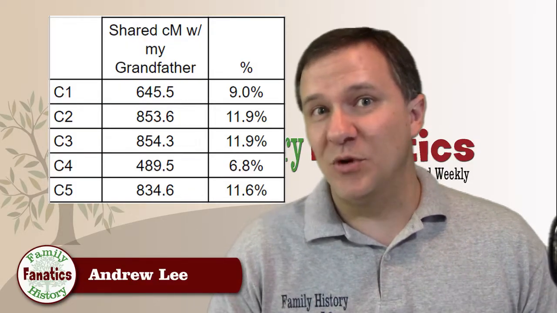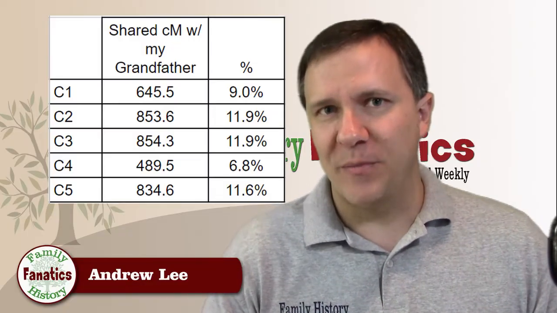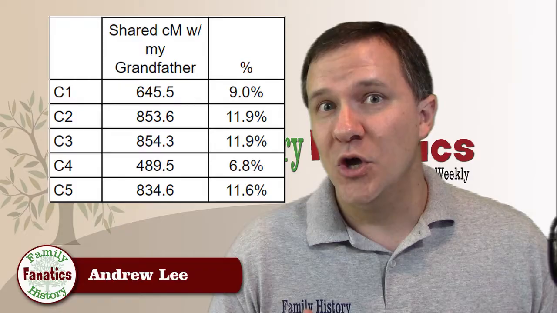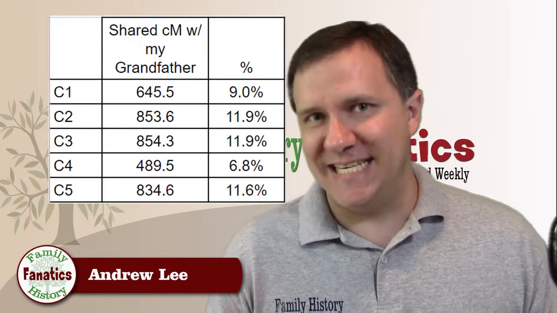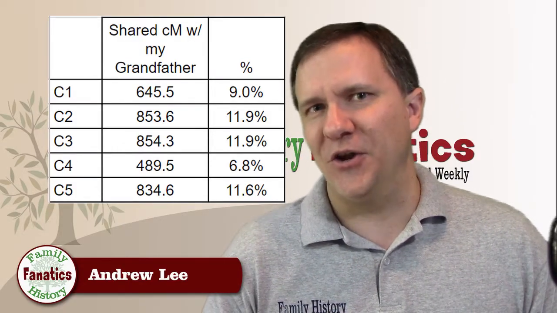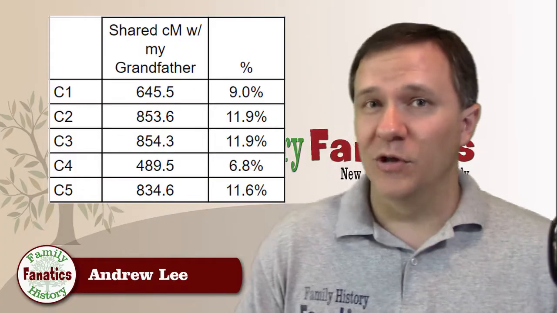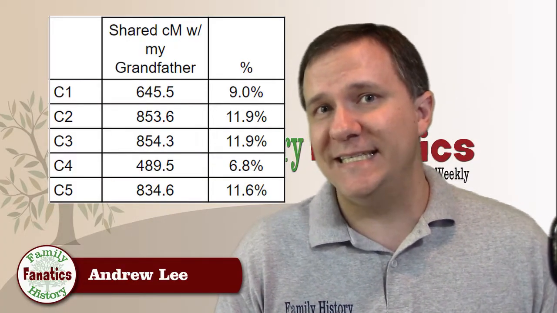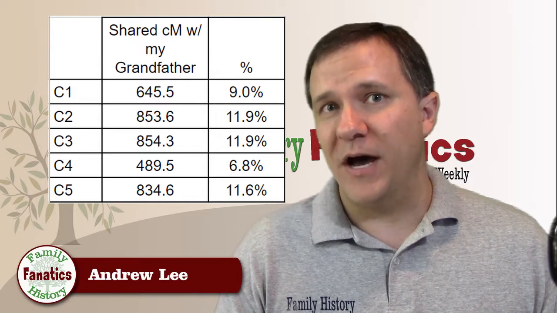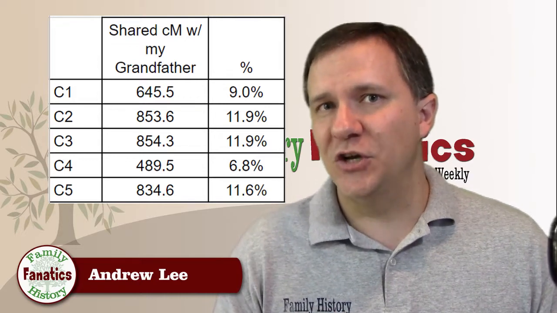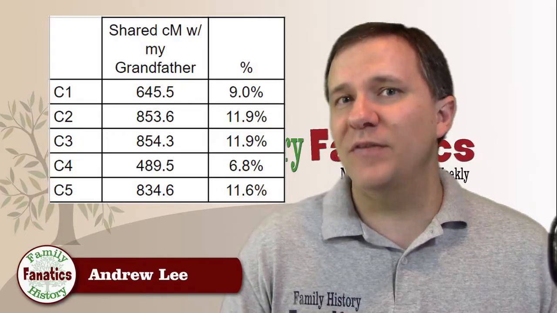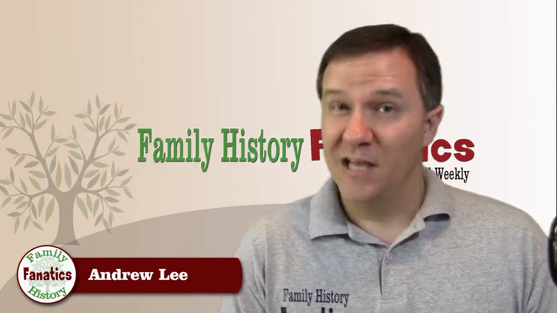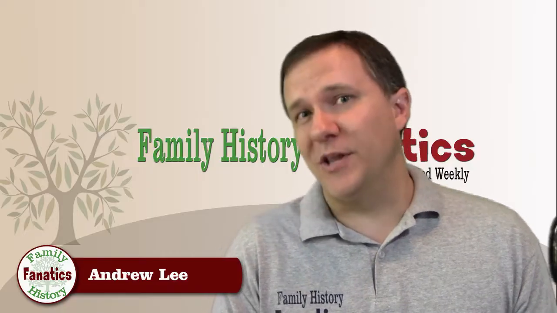It's very possible that 2 to 3 generations from now, there may be some descendants of my 4th child who don't share any DNA with my grandfather. Also of note when you're looking at this, even though I shared 25% of my DNA with my grandfather, none of my children share even as much as 12.5% of DNA with my grandfather. DNA is kind of random and unpredictable like that.